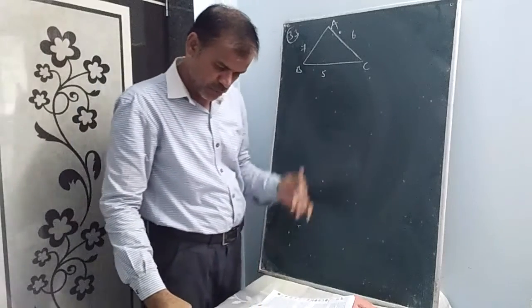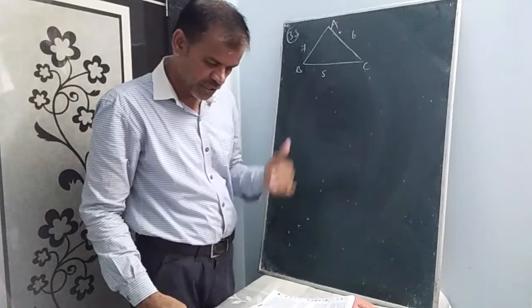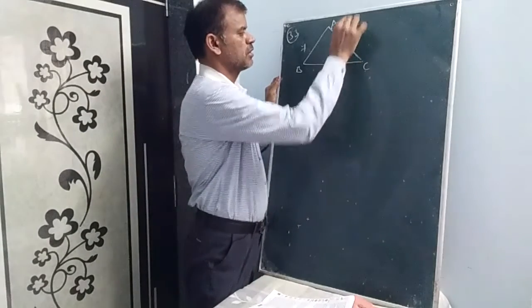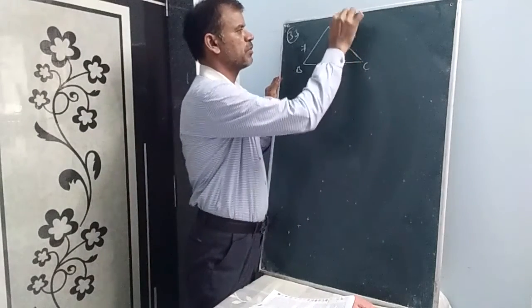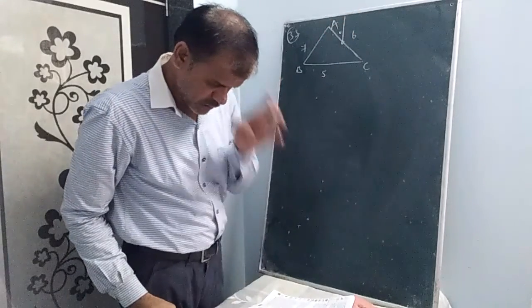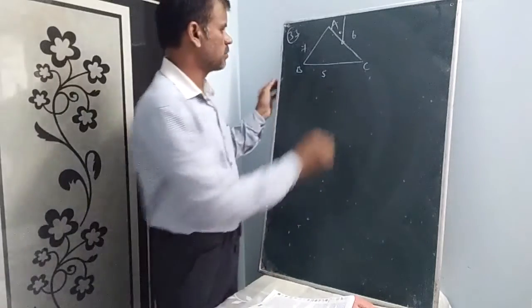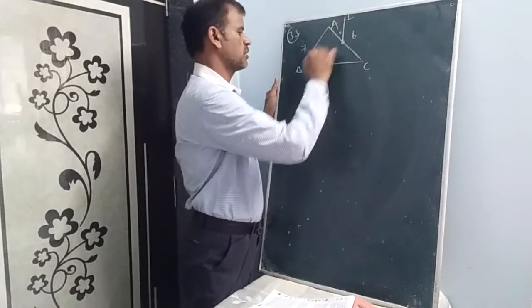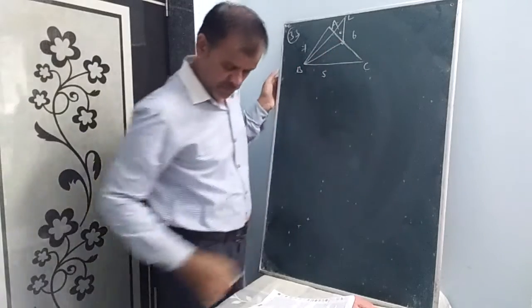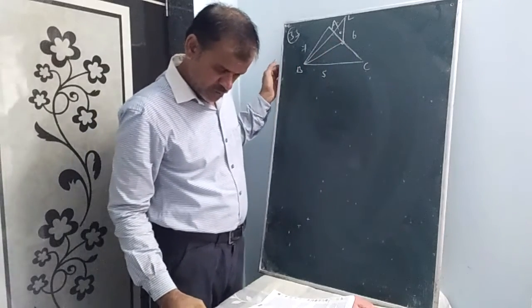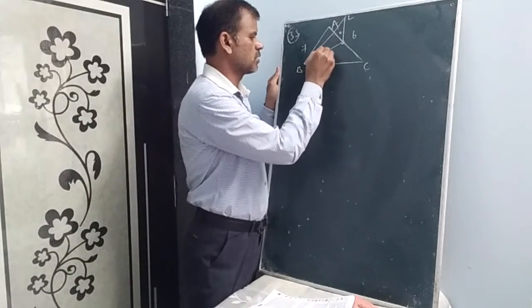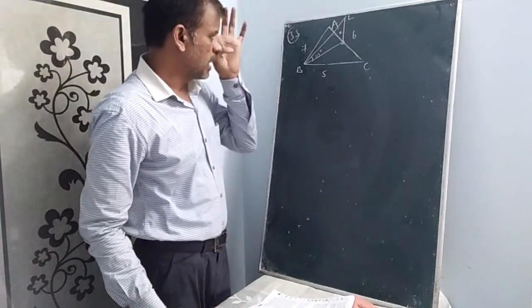A vertical lamp post at the midpoint D of AC. This is the midpoint. Like this you can understand. AC subtends an angle of 30 degrees at B. This lamp post L you can write. This is subtending an angle, no, it is 30 at B. Then what is the height of the lamp post?